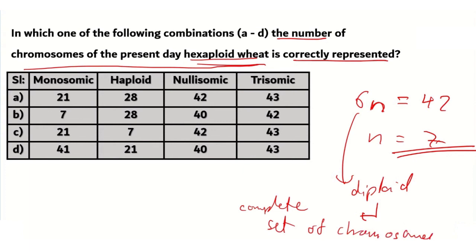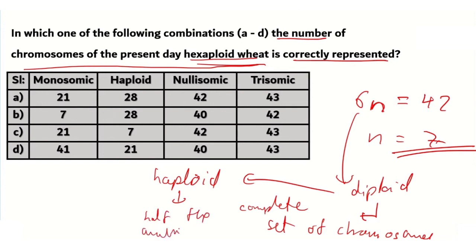And so if you were to talk about the haploid portion of the present-day wheat, haploid will be referring to half the amount, half the set of chromosomes, which in this case will be equal to 3n. 3n means 3 times 7, that is equal to 21. So in the haploid portion of the chart, 21 would represent the correct value